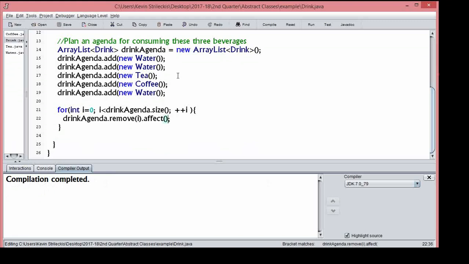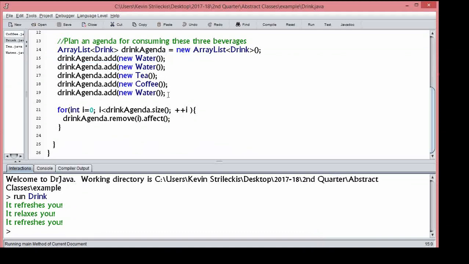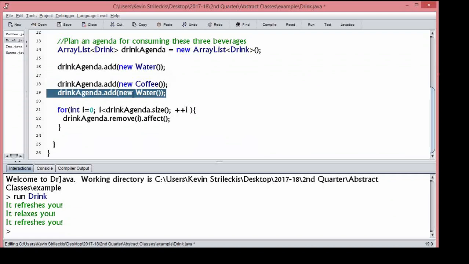Now here's the thing. I do want to point this out. What's actually going to happen here is it's not going to work properly. But let's at least notice that it will get the first drink. Yeah, see how it refreshes you from water? So that part actually worked. Now, what doesn't work is when it removes it, it's basically like this is no longer there. I, which was 0, becomes 1, but 1 is no longer this index, it's now this one. Whenever we remove things, we have to be careful, because it's actually going to skip over others.